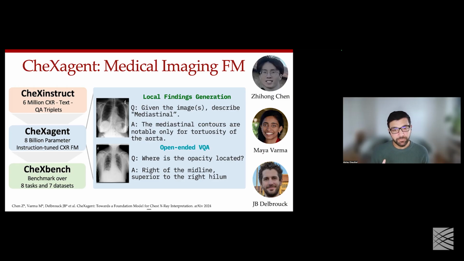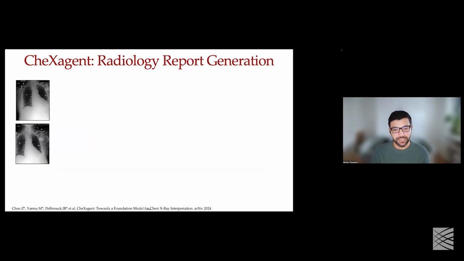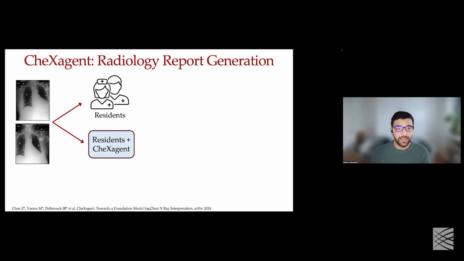We really wanted to see how a good model could be used in a clinical setting, so we conducted another reader study to simulate this. We started off with arbitrary images that a radiologist would be reading anyway, and we wanted to mimic the academic medical framework of how images are interpreted. In the academic setting, residents first take a first stab at generating the report. So we asked residents to generate a draft report as they would anyway. And in a different group, we had residents working with this CheXagent model too. Instead of starting from scratch, we had CheXagent produce a report that the residents could potentially modify.